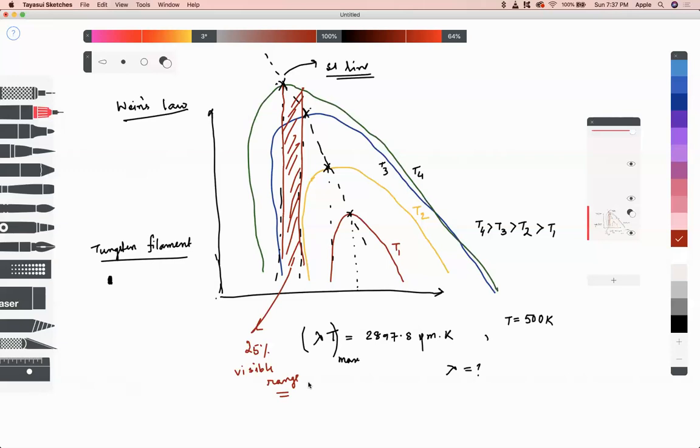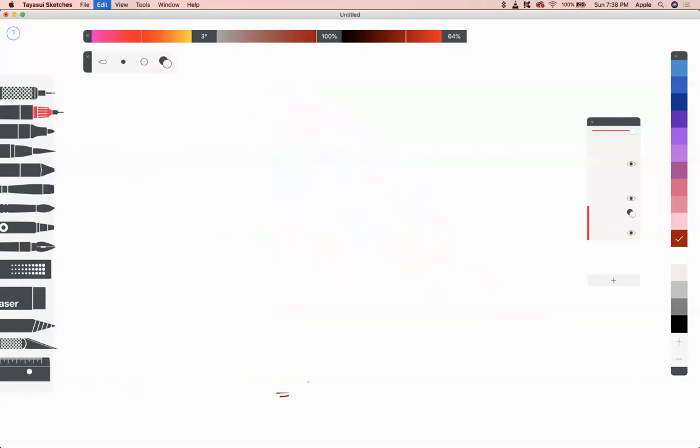But when you are using a bulb, what is your primary purpose? Your primary purpose is to produce radiation in the visible range. So in a tungsten filament, we are wasting 75% of the energy in producing other radiation, and only 25% of the radiation is useful to us. That is why those were highly inefficient modes of illumination, and eventually they were replaced by CFL bulbs. So this is all about Wien's displacement law. The next subsidiary law that we need to discuss is Kirchhoff's law.